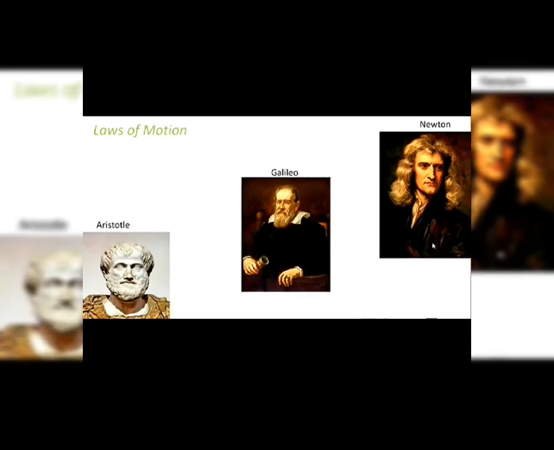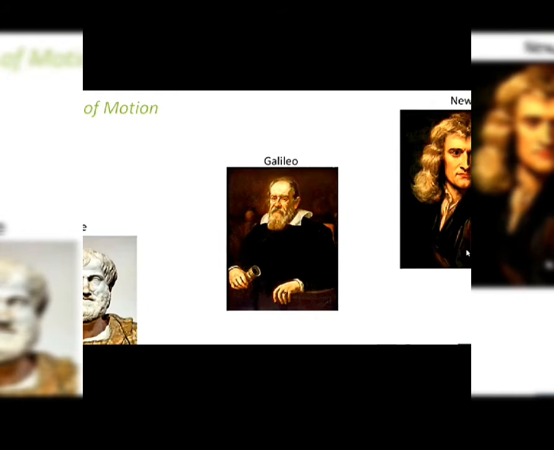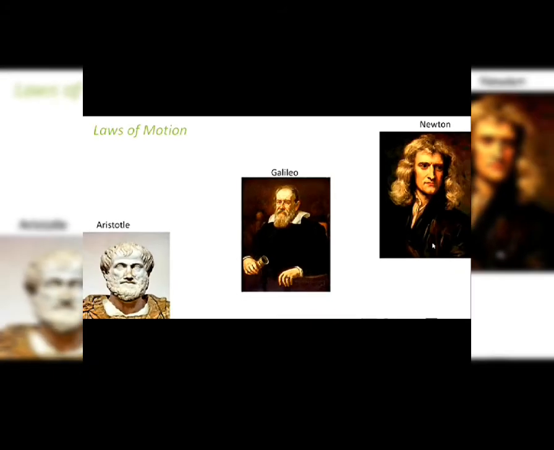So there were different other scientists as well who did a lot of study and research on force and motion because force was the cause of motion. So they were trying to study the relation between force and motion. So the first scientist to do research and study of all this was Aristotle. After Aristotle, it was Galileo who gave some of the concepts related to force and motion, and then came Newton, who actually gave the three important laws of motion, which are known as Newton's laws of motion, which actually became the pillar of Newtonian mechanics.